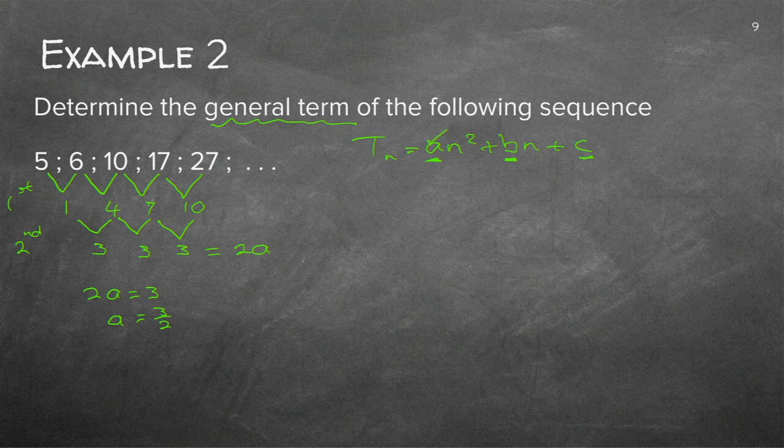I've got my a. The second easiest thing to find is the c, because remember, once I find T0, it gives me the c. So I just need to work backwards and find T0. Now there's not a lot of space, so let's just use another pencil.